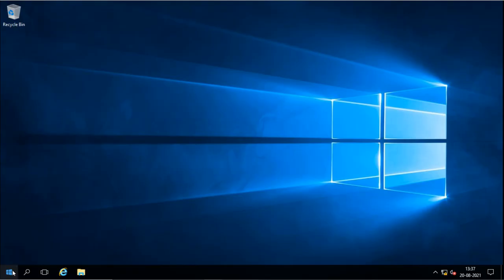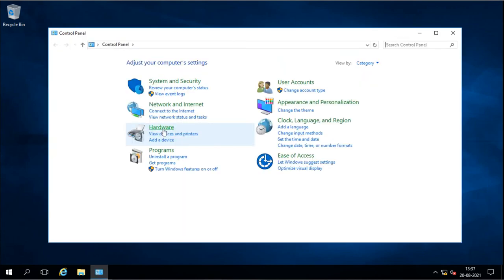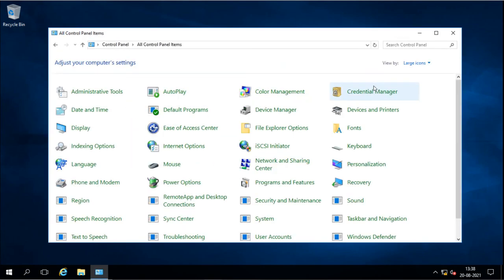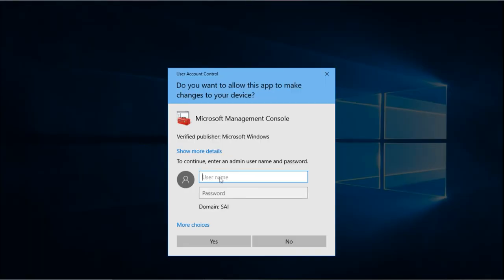Now I will go to tools. It cannot open the Server Manager directly, and it will go to administrative tools, and it will try to open Active Directory Users and Computers. Again it is not able to open because we have given only the permission to manage that OU, but it does not have permission on the domain. Okay, I will open it for him.